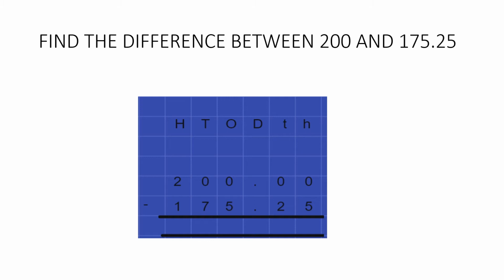From 0 we can't subtract 5. Here also 0, here 0, here 0, but the last number is 2. So we will start borrowing from 2. We will borrow from 2 and this 2 will become 1 and the next number will become 10. But when this 10 tenths gives 2 ones, it will become 9. But when this 9 ones gives 1 to 10, it will become 9, and in this way we can borrow from the other numbers, because here all the numbers are 0 but the last number is 2.